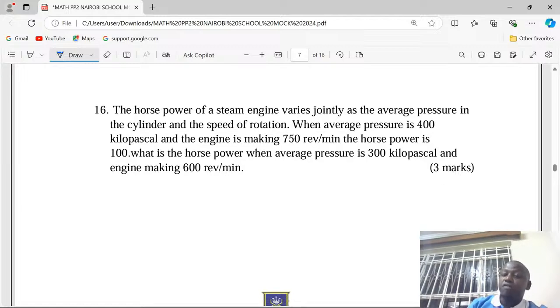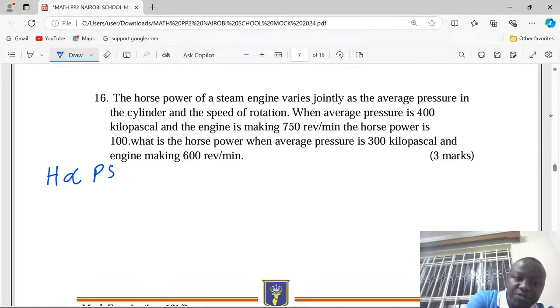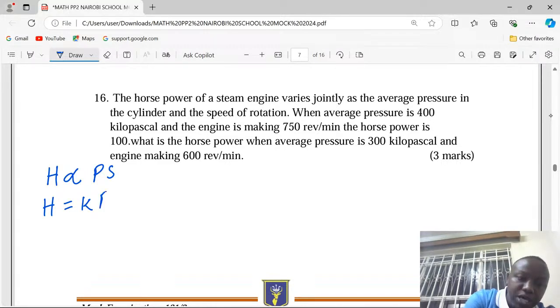We are talking of a joint variation, whereby the horsepower, let me say H, varies jointly as the average pressure P and the speed of rotation, speed S. This means H is equivalent to a constant. We can do away with the symbol of proportionality and introduce a constant of proportionality K multiplied by P